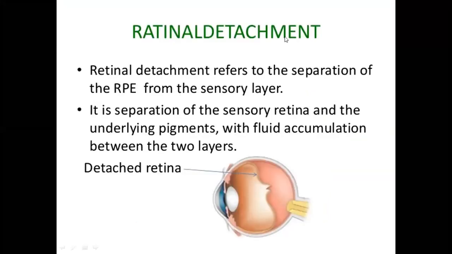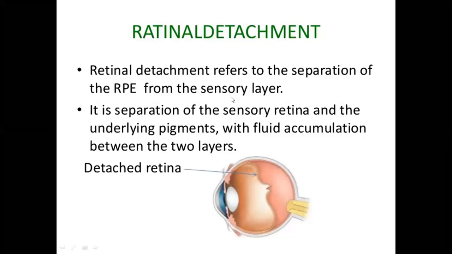Acha, what is retinal detachment? Retinal detachment refers to the separation of the retinal pigmented layer from the sensory layer. मैंने आपको बताया the retina has two parts. One is the pigmented layer and other is the neural layer. The pigmented layer is actually joined with the choroid, and it gets the nutrition for the sensory layer of the retina. So when these two layers are separated from each other due to any trauma, due to any cause, what happens कि जो है this is the pigmented layer which is providing nutrition to the sensory layer.